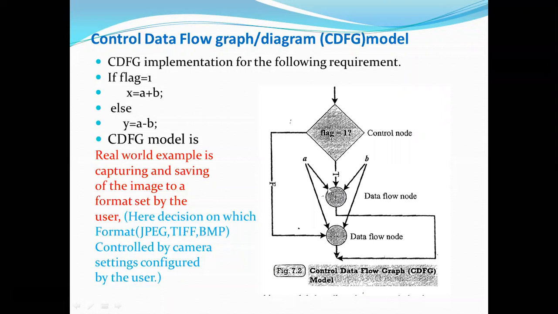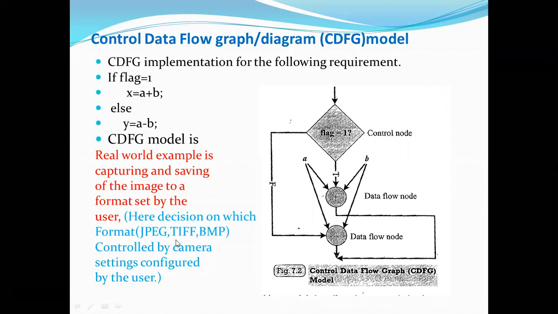A is given as the input, B is also given as the input. Based on that, what output do you get? X. This is the diagram shown here. If the flag is equal to 1, we get X. If this condition is false, then what is the output? Y equal to A minus B. If it is false, then it has to do the subtraction of A and B. So A is given as input, B is also given, but only the arithmetic ALU unit has to do the subtraction of the two inputs, and then it is given.